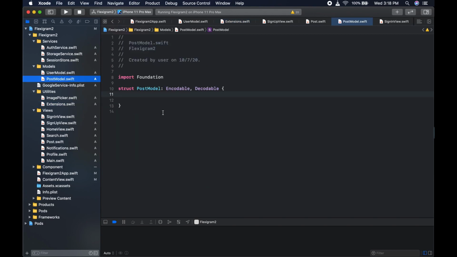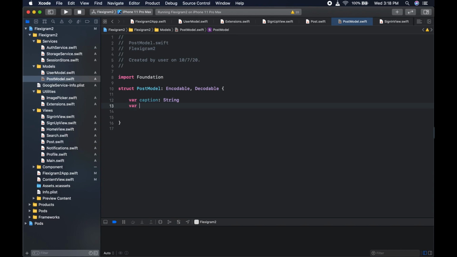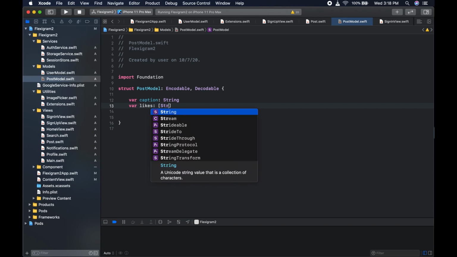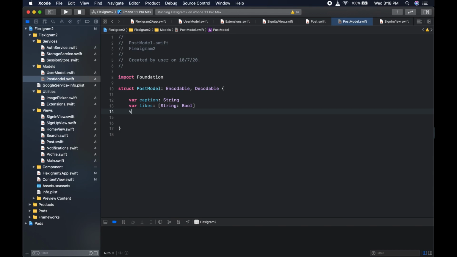We can come back to our post model, like so, and the first thing we want is the post needs some text underneath. Usually the text underneath a picture is called a caption, especially when it comes from a newspaper or a magazine or whatnot. So for that, we could say var caption, and caption is going to be of type, you guessed it, string, like so, and we're going to have a dictionary with the likes as a boolean. Let's just create this, and it's going to have a string key and a boolean, like so, and after that we're going to have var